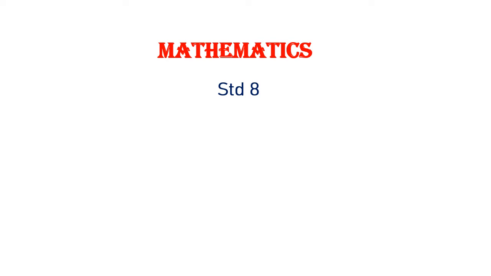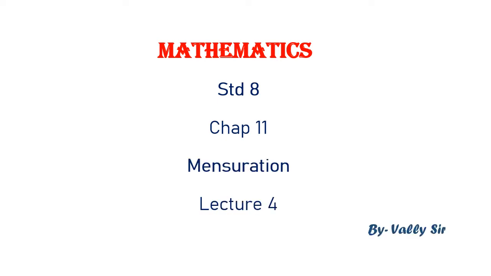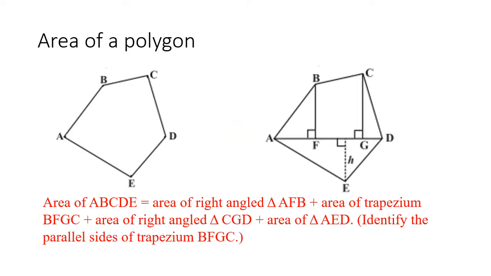Good morning, friends. I hope you have revised the sums that we did yesterday of exercise 11, finding the area of the quadrilateral, a general quadrilateral, the parallelogram, the rhombus, the square, and the rectangle. Today, we move on to further sums. The first topic we have for today is finding the area of a general polygon.